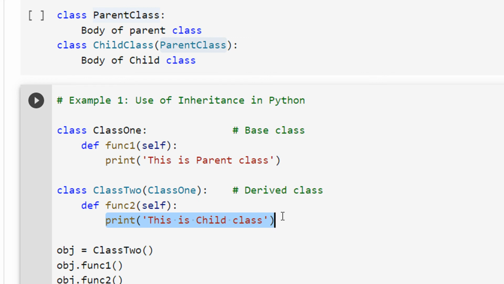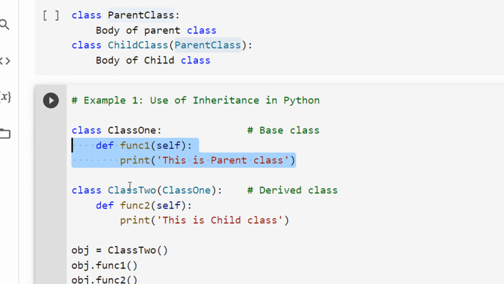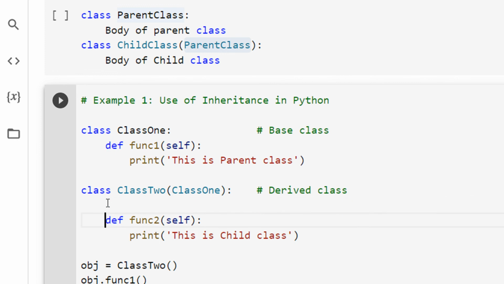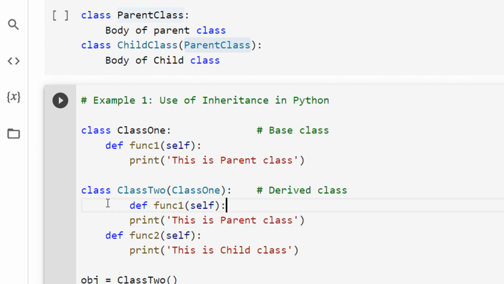Now how does inheritance help us? We are inheriting class 1 attributes as well as methods. There are no attributes here, only methods. Internally, when I write class 1 as the inherited class for class 2, very roughly what happens is that all the functions and attributes of this class can be accessed as if they are defined in class 2.